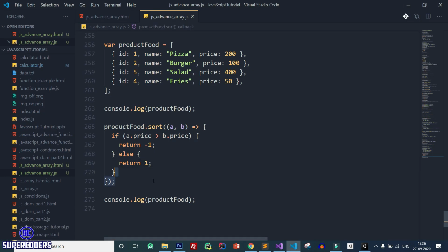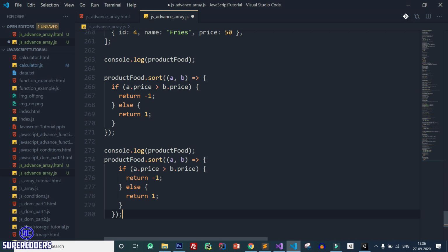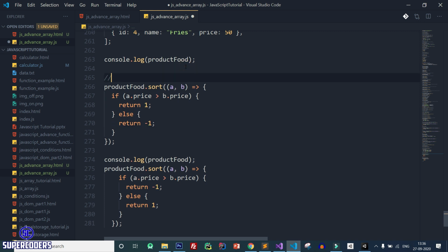Let's make it one more time, copy this, paste it, sort array data which contain object.